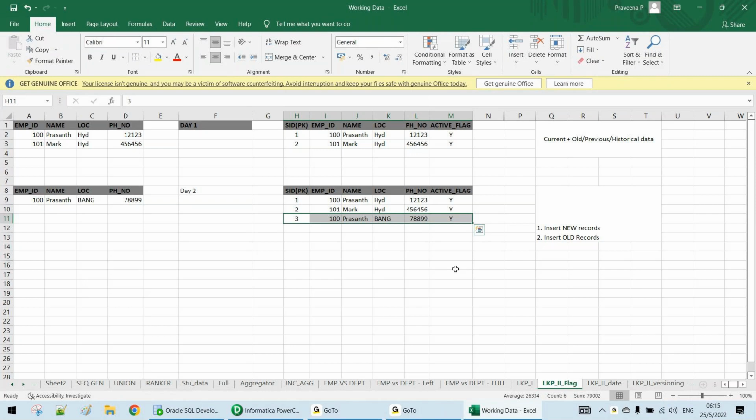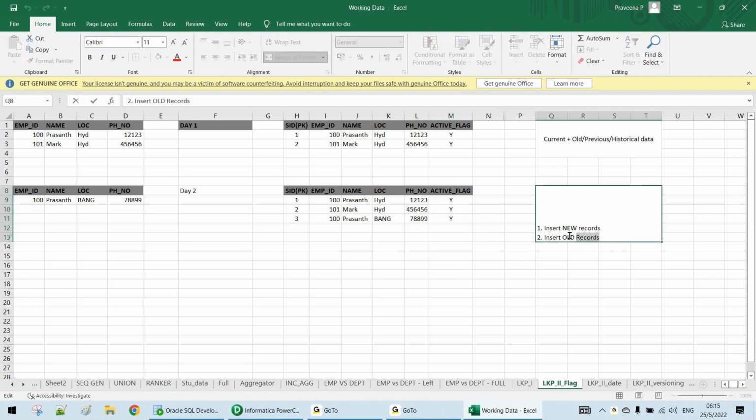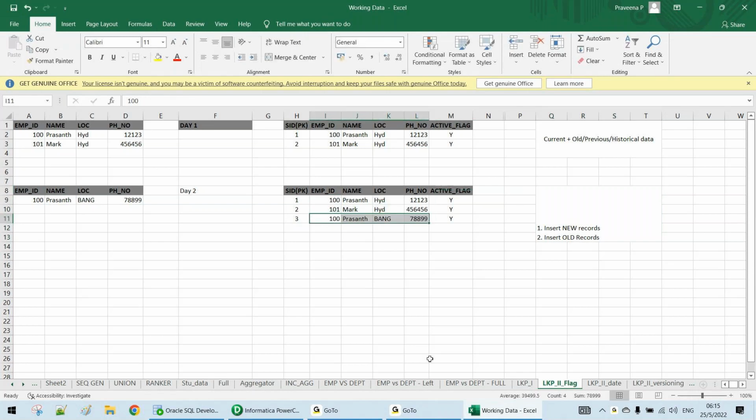After inserting this record as a new record, Prashant has two records. He is in Bangalore and he is in Hyderabad. What is his latest location? This is the recent record we have inserted just now, right? Whenever you are inserting a new record for a customer, what about his previous record? We have to update this record flag from Y to N,